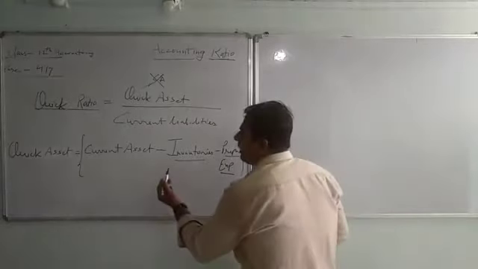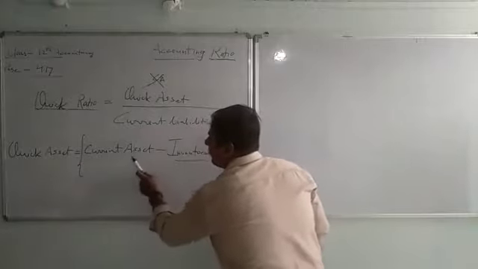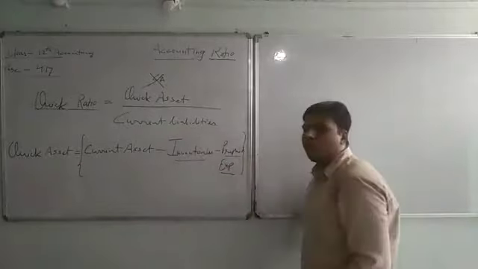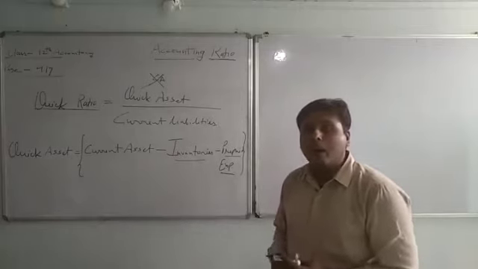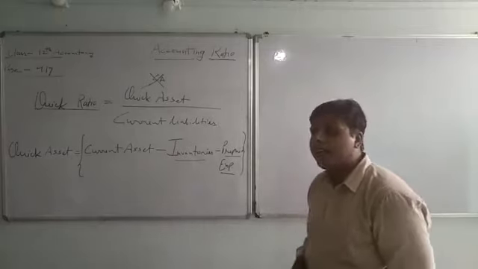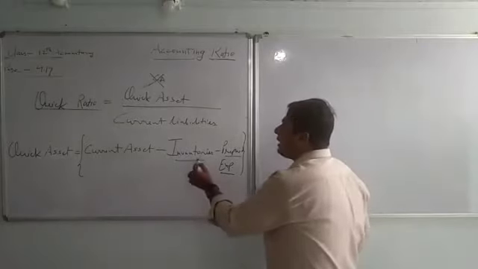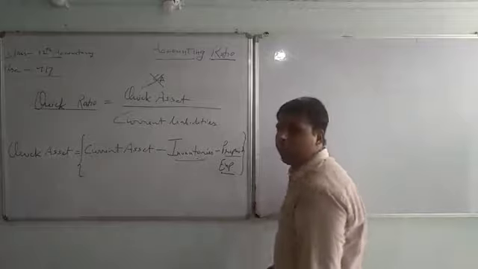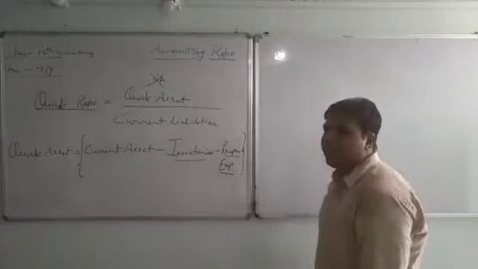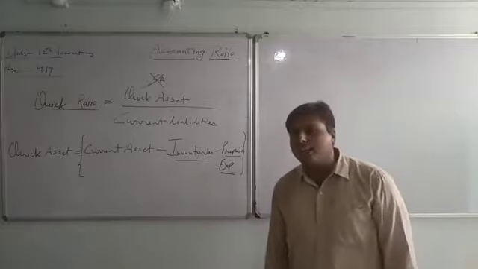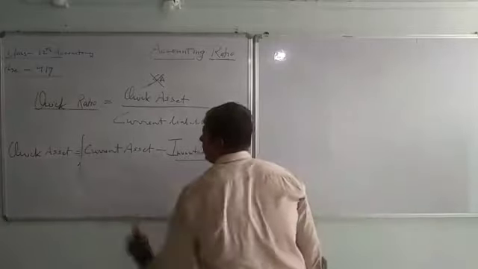Actually, what is happening for finding the short-term liquidity here? In quick assets, we are not covering inventory because inventory means the stock can be recovered after more than a year. It can take more than a year, that's why we are not taking inventory. It may take a long time to recover. Prepaid expenses are also expenses which are paid in advance. That's why we are not taking them in quick asset.